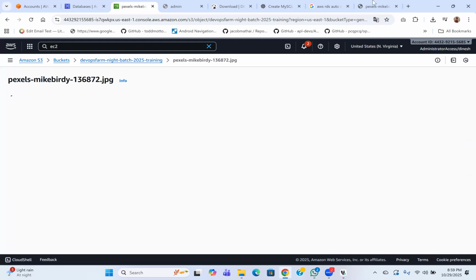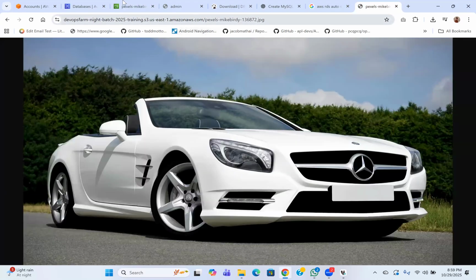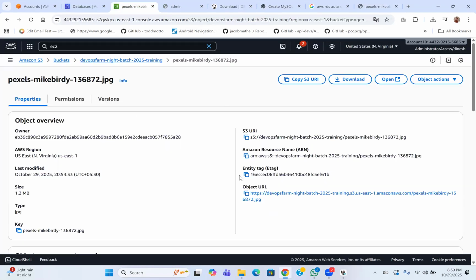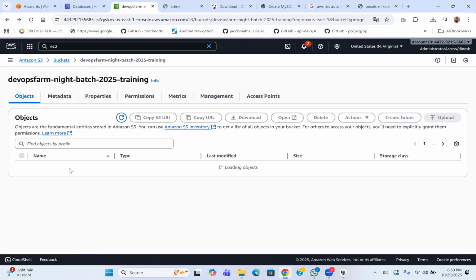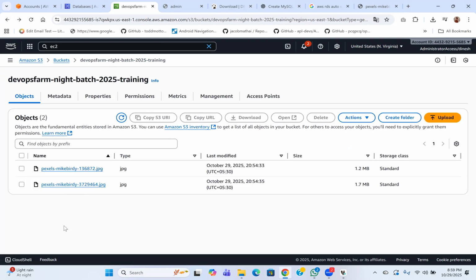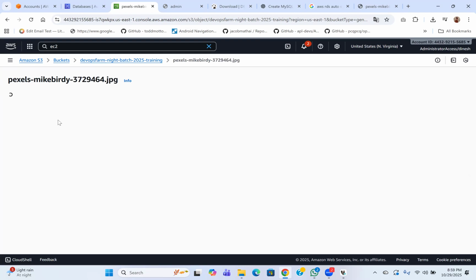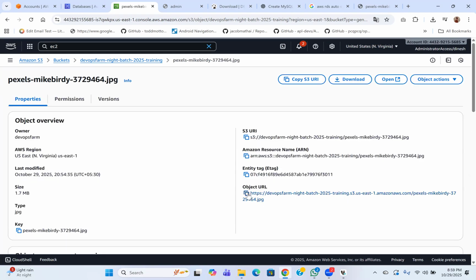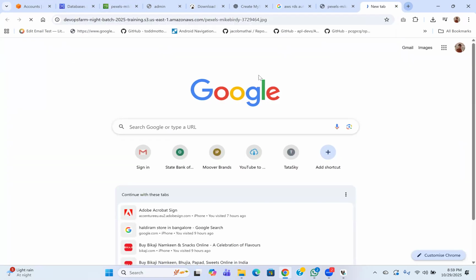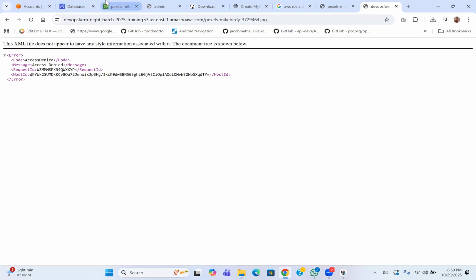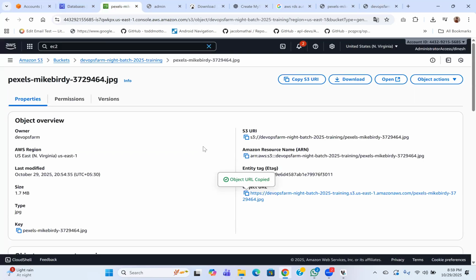This one is anyway public, right? Or can we allow AWS to read the user IP, and based on IP or network, it should allow showing that? No. Let's say this image is not public. If I open it, it won't work. So AWS provides something called a pre-signed URL. It means for a certain time,